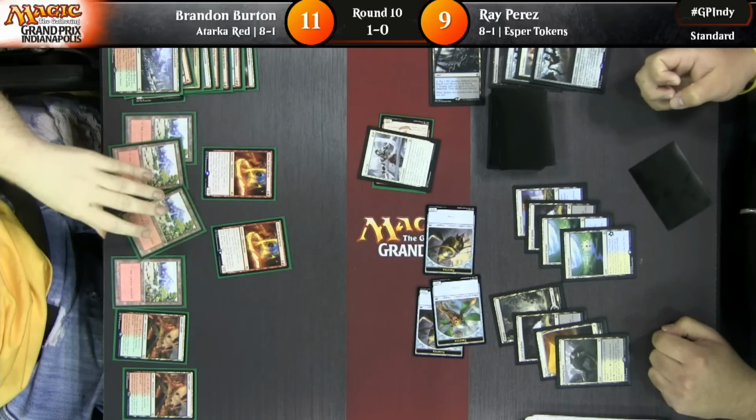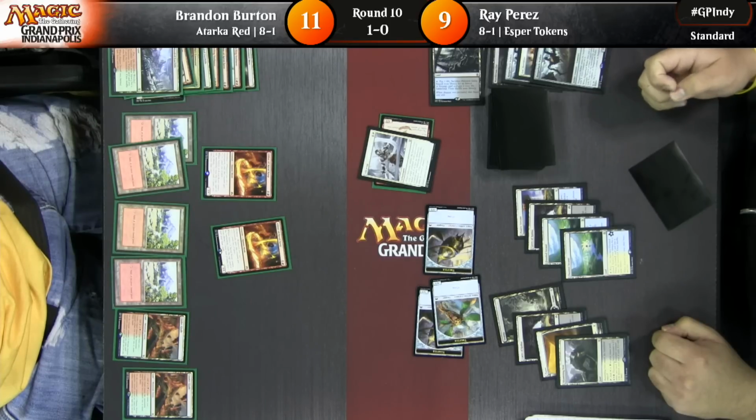Ray Perez looking to close this game out pretty quickly. The Thopters come in, Secure the Wastes is the last card in hand, can cast that for 7. Sure. He would have to take some damage to do so. But